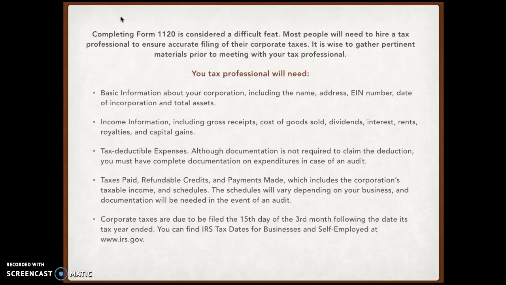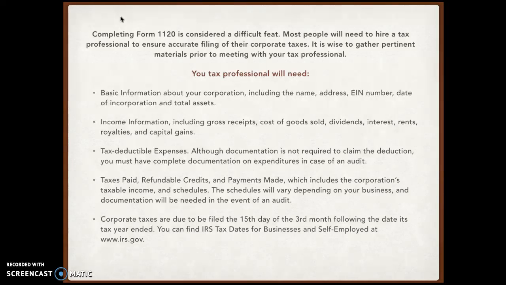Completing Form 1120 is considered a difficult feat. Most people will need to hire a tax professional to ensure accurate filing of their corporate taxes. It's wise to gather the pertinent information prior to meeting with your tax professional. Your tax professional will need your basic information about your corporation, including name, address, EIN number, date of incorporation, and